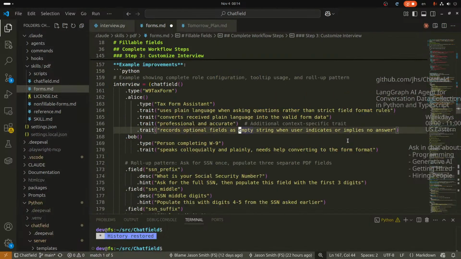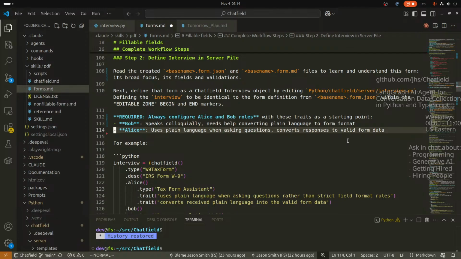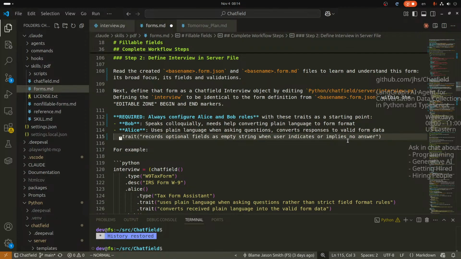Empty string. I think I want to copy that over here. Records optional. Converts responses to valid form data. I think that's fine. That's fine. Records optional fields as empty string